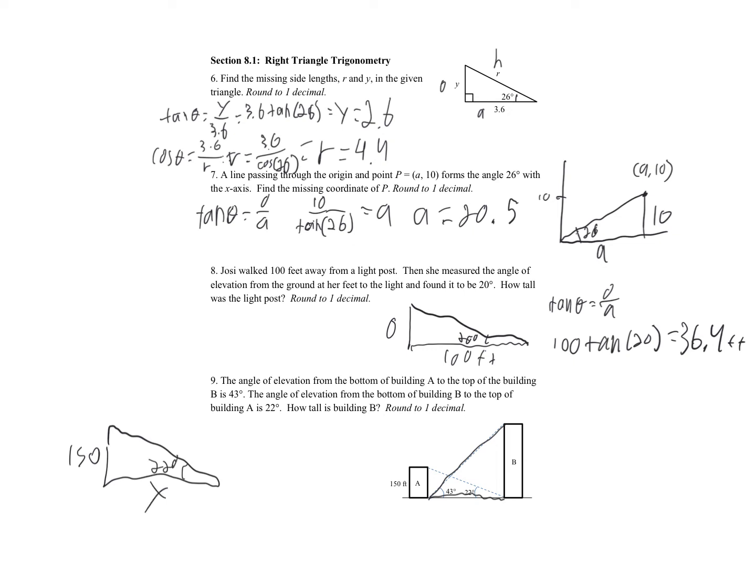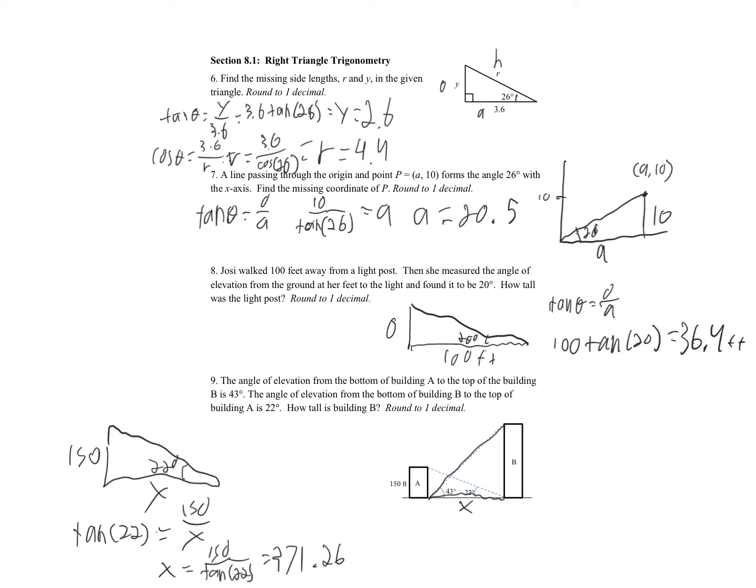either side X, and if we look at these triangles, both of these triangles share the same base of X, so we can use this triangle to the left here and solve for our X to solve for our B on this side. So for this triangle, we have our angle and our opposite side, so we can use tangent. So now we have tangent of 22 degrees is equal to opposite, so 150 over X. So we'll solve for X, and X will be 150 over tangent 22,